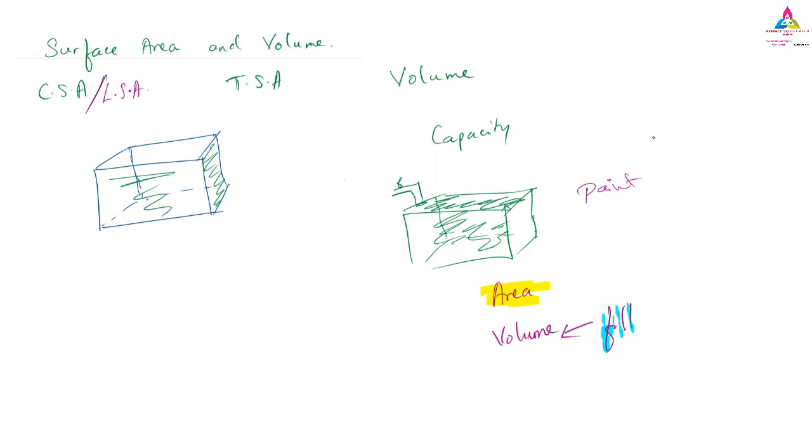Remember this one thing I will tell you. In the exam they won't tell you directly, they will tell you indirectly, and you have to understand whether we have to find the area or the volume. And in area, there will again be two types. Afterwards I will tell you what the two types are that you will have while finding the area.